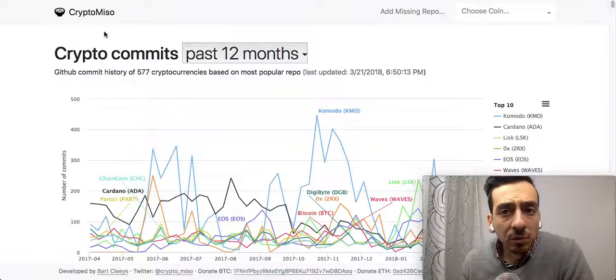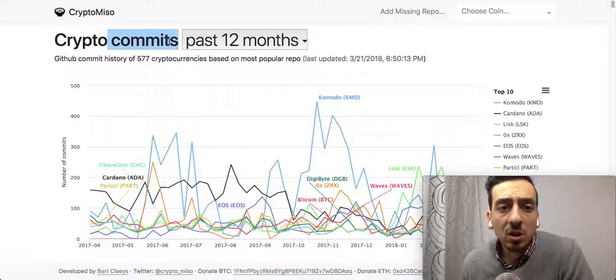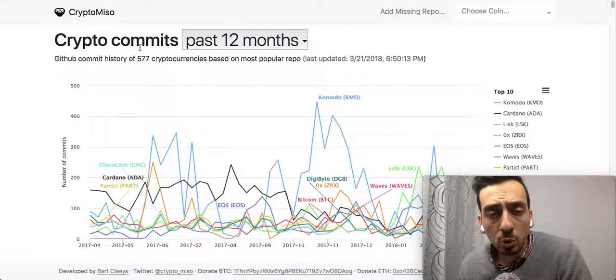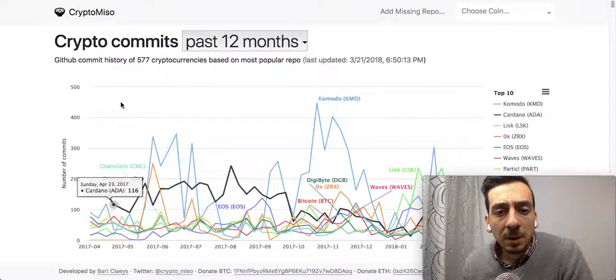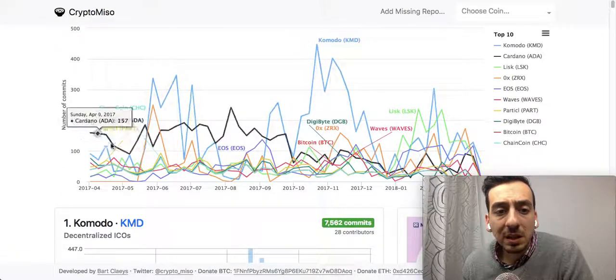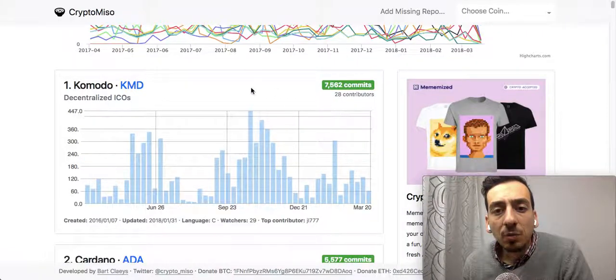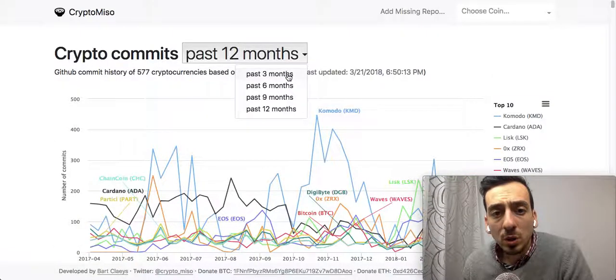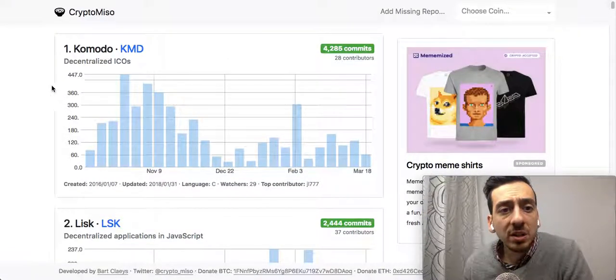One very cool site for this is cryptomiso.com. What CryptoMiso does is look at commits. Commits are contributions to a code base, in most cases for open source projects. As you can see here, this looks quite wild, but this is basically all the commits or contributions to different cryptocurrency projects. If you look at the past 12 months, or we could say we only want to look at the past 6 months, we can see that, for example, Komodo has the most commits